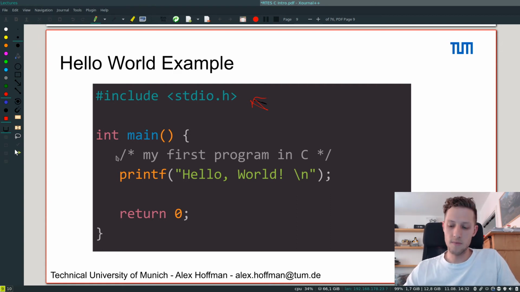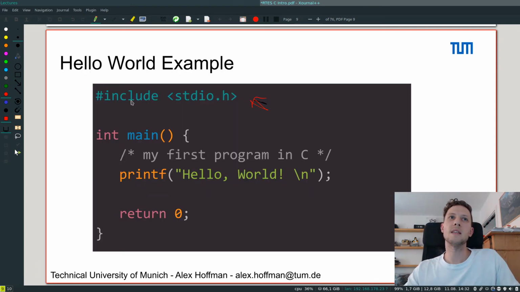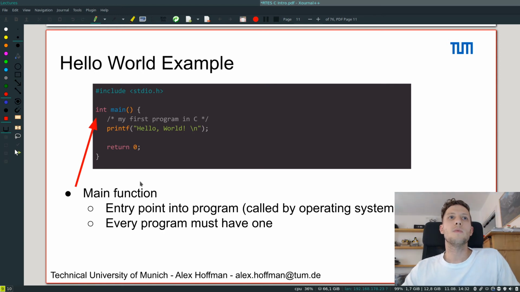So the next thing that we come across, we have functions. Just as I was saying, this include has included the standard IO library functions in its header file. And so the function itself is printf. This is the function we're going to call, or I should have gone through these slides. And so we have the printf function, which is doing this printing of a string, but most importantly, every C